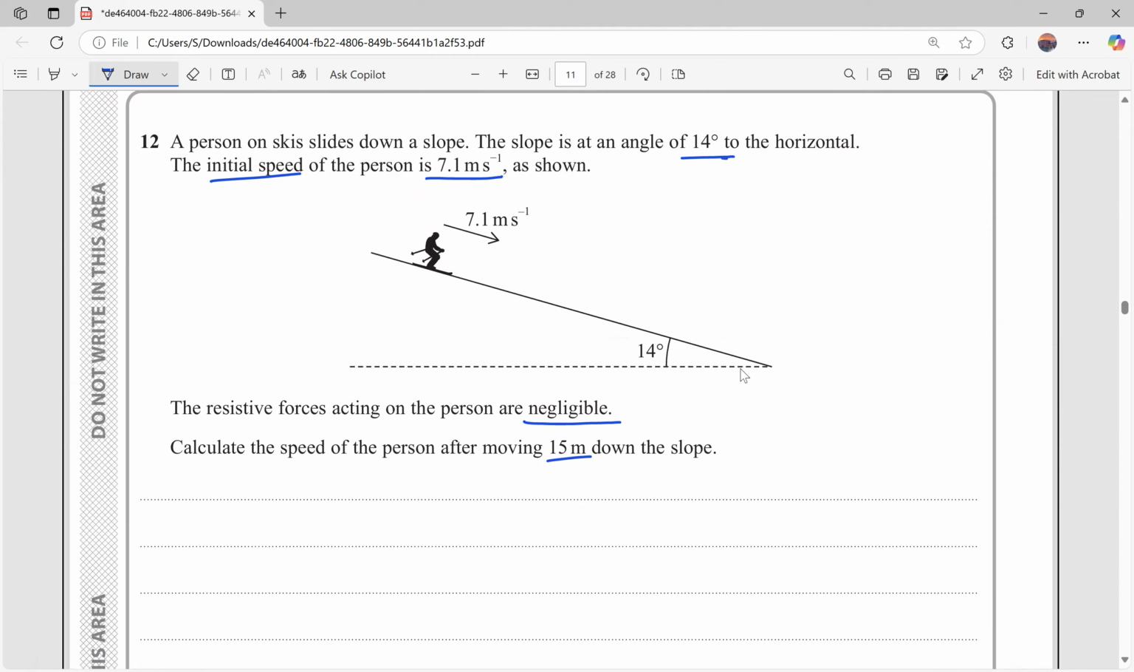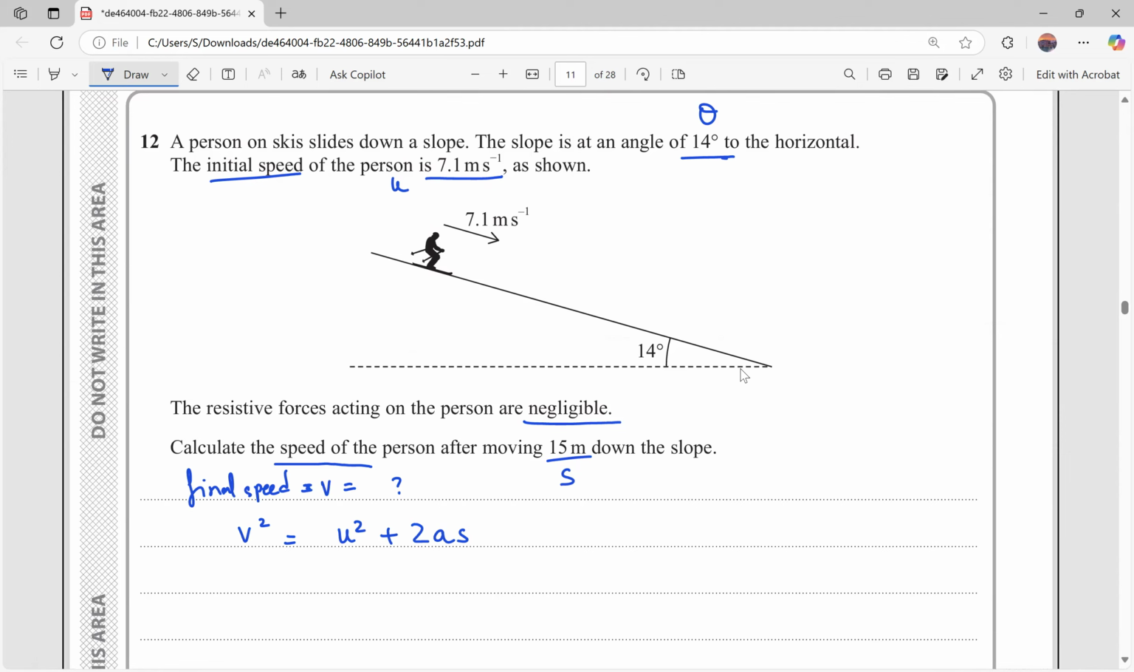So we know the angle, we know the initial speed, we know the distance. And what do we need to find? We need to find the speed of the person after moving down the slope. So we are finding the final speed. Now, this brings to mind the very common SUVAT equation. V squared is equal to U squared plus 2AS,